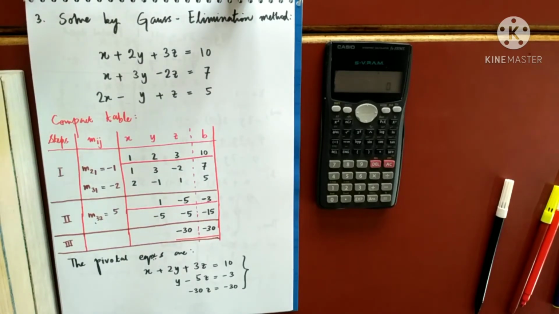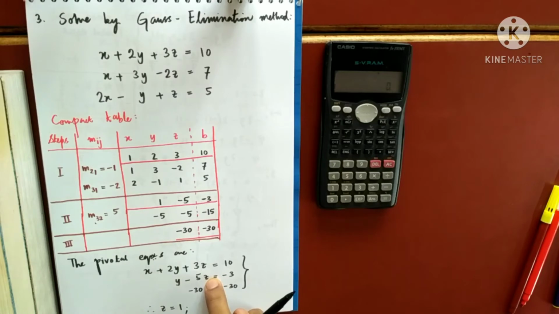So if you solve this, I will simply write down the answer. You will get z equals 1, because you can clearly see, you put 1 here. So this will become 5 minus y will be 2, and your x will be 3. So this is your answer. x equals 3, y equals 2, and z equals 1. So this answer is given by the Gauss elimination method.